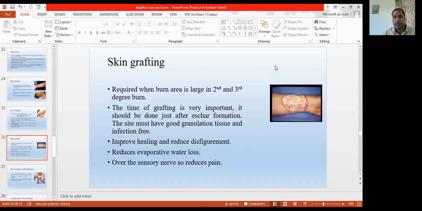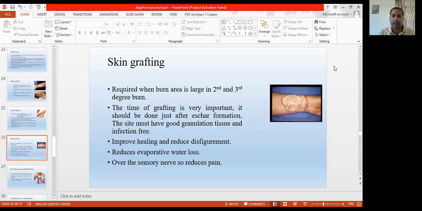Skin grafting is very important in the management of second degree and third degree burns, when a large area of the skin is burned and becomes raw. So the timing of skin grafting is very important. When you have a very healthy granulation at the base, only at that time can you do the grafting,